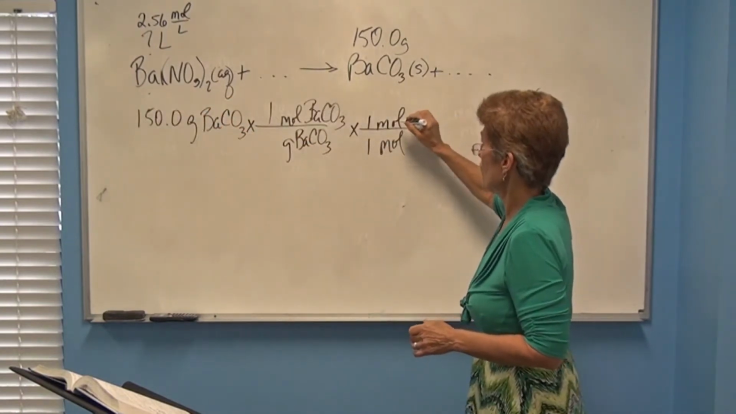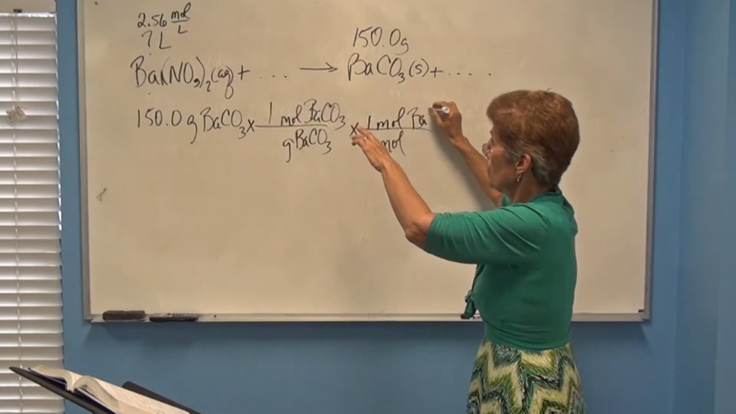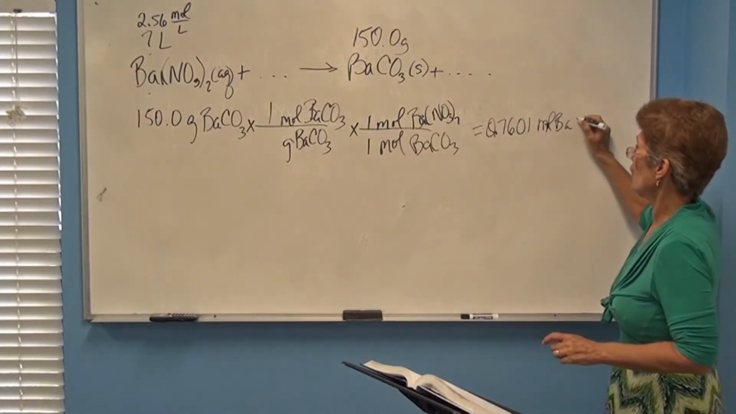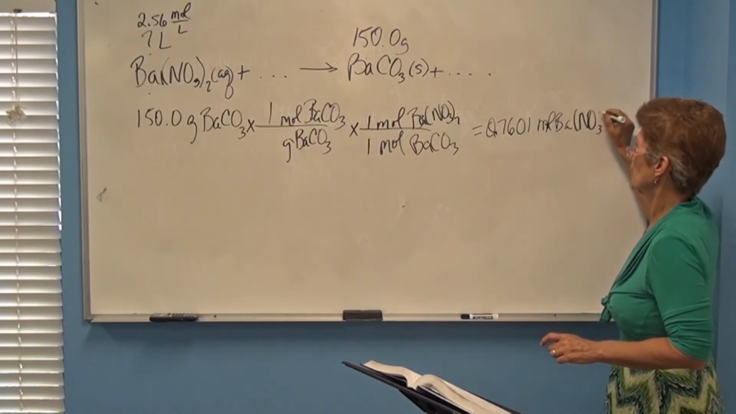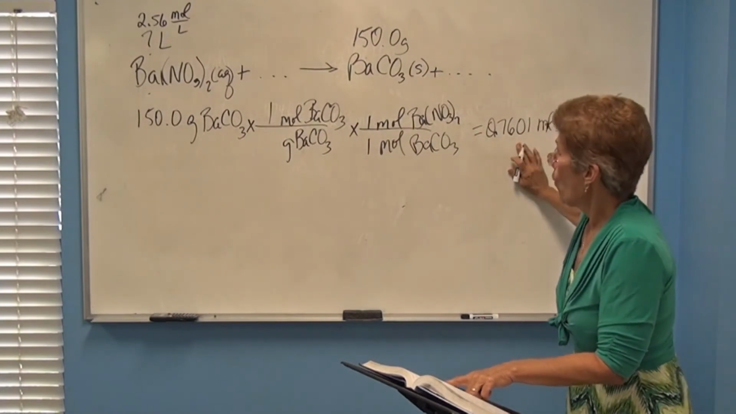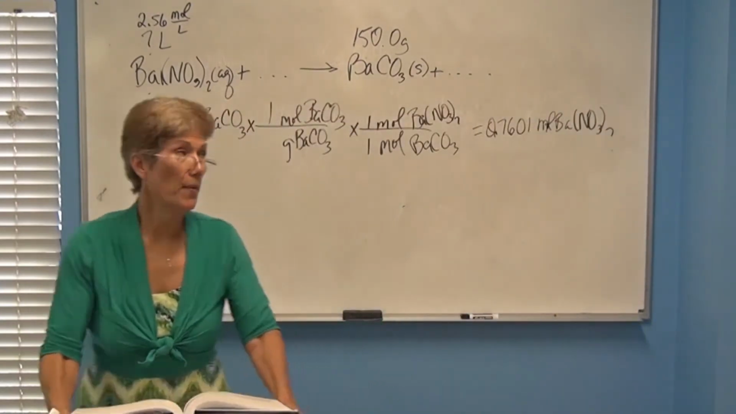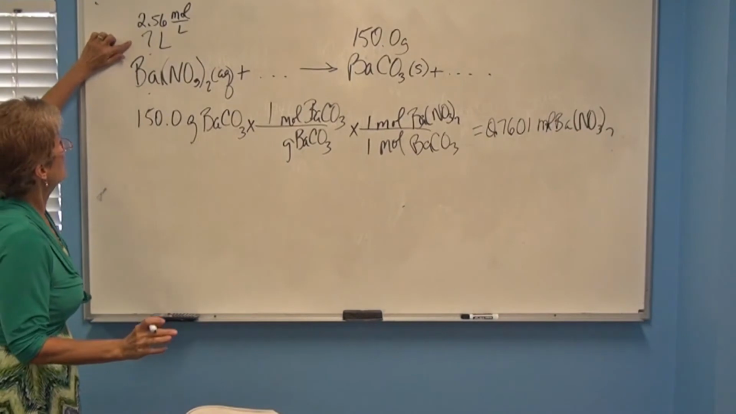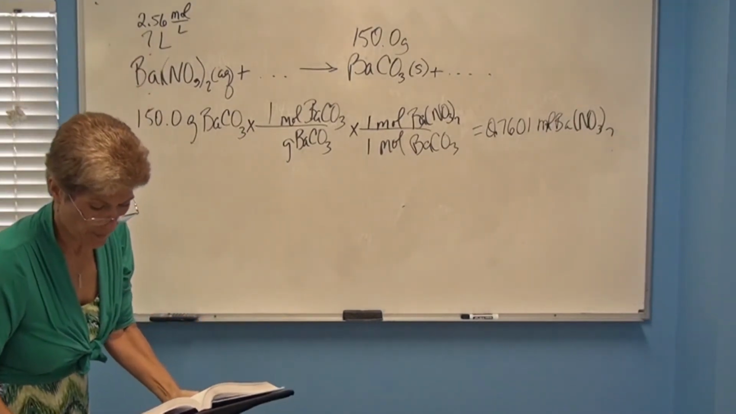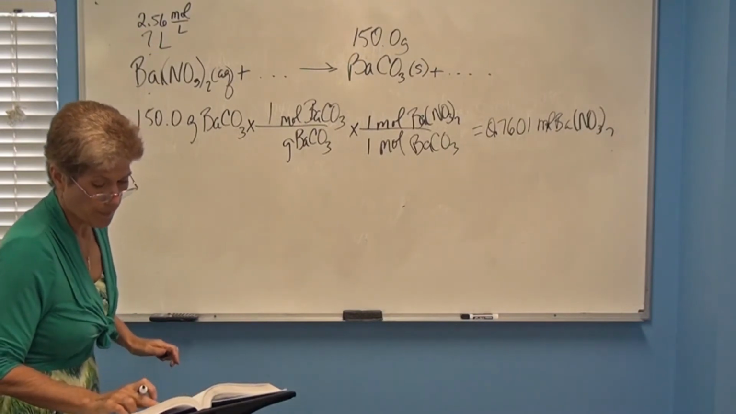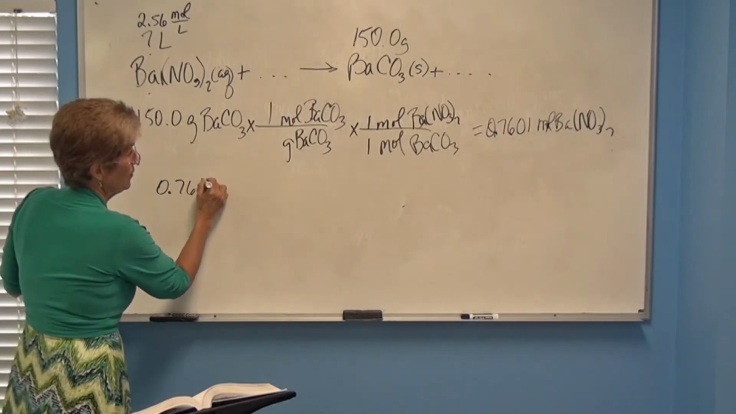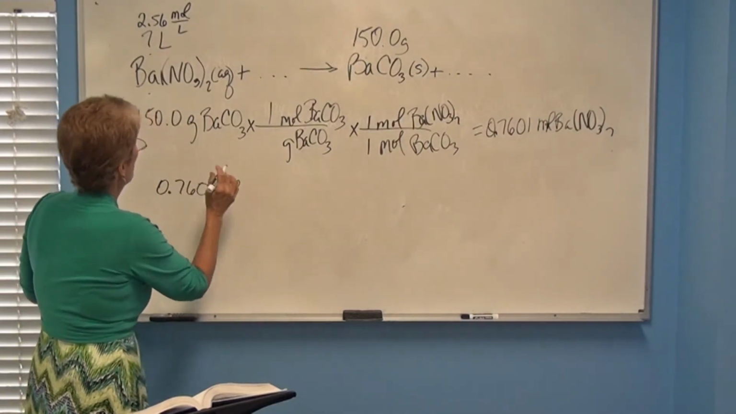But this one now, we've gone to that one over there, barium nitrate. So moles of barium nitrate. There we go. Okay, there's our moles. Once we have our moles, then we come back over here. We're trying to find the liters, right? And so that's what I would do. 0.7601 moles of that